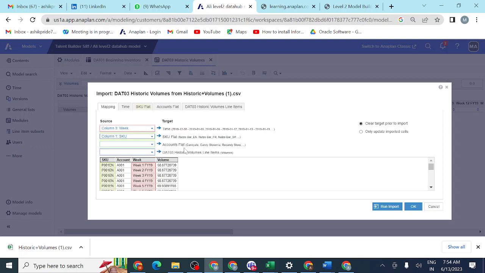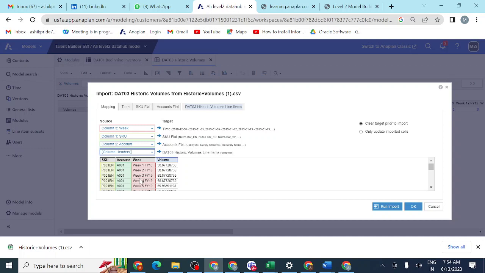For accounts flat, which one should I select? Column number 2. So finally, for data, historic volume, line items, column volumes, column 4. So you can select column 4 or column headers here. So this is the total detail we have mapped.